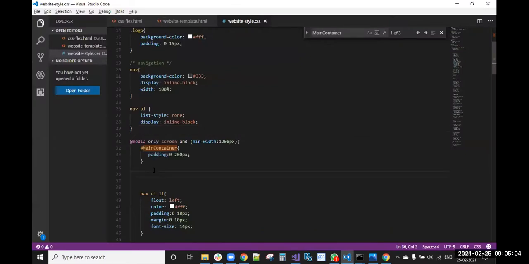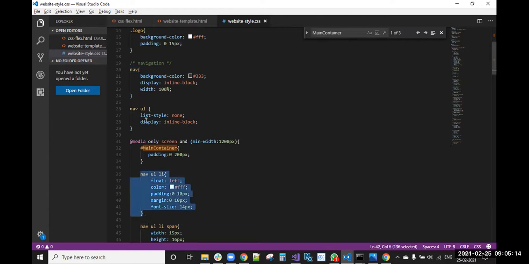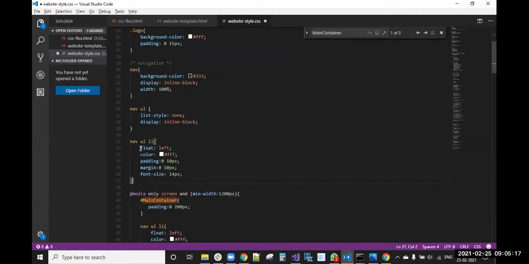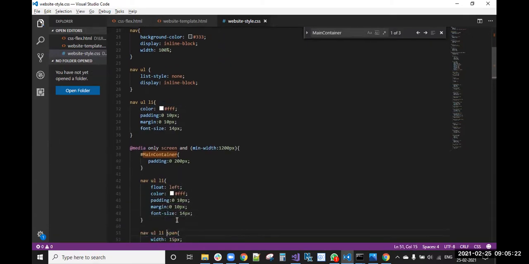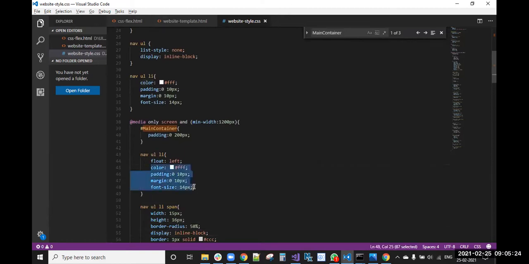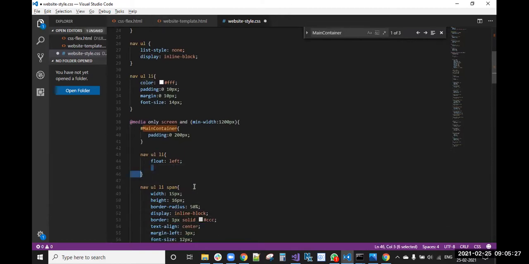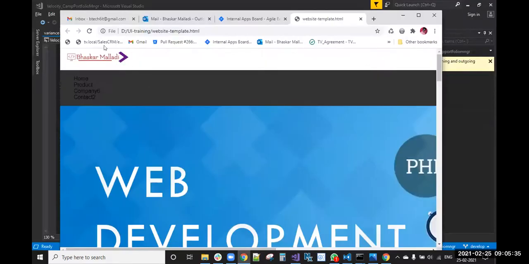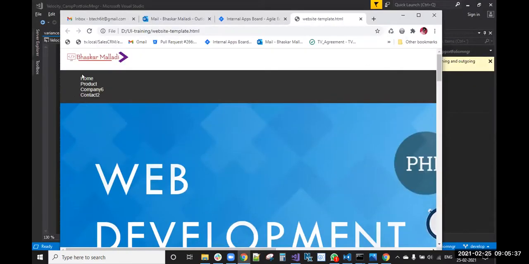Now, nav ul li inside. This nav ul li is there, right? So we will copy the entire thing here, but this float left is there, right? This float left I'm keeping here only, and the remaining things are common. Okay, so you can see that these things are arranged properly.